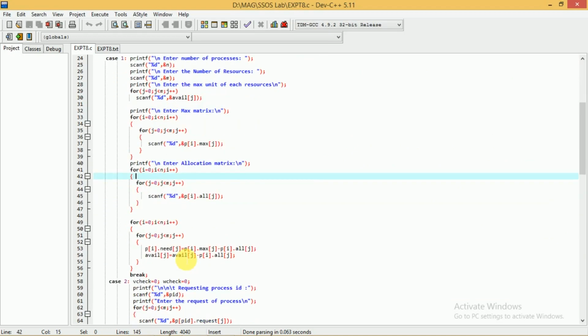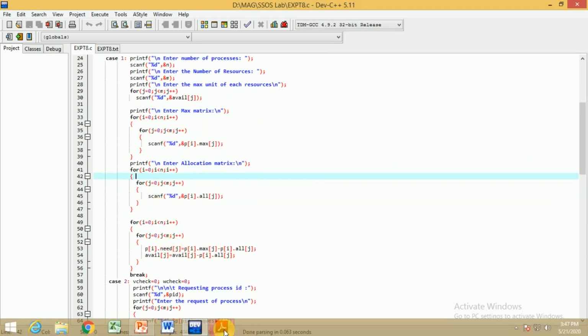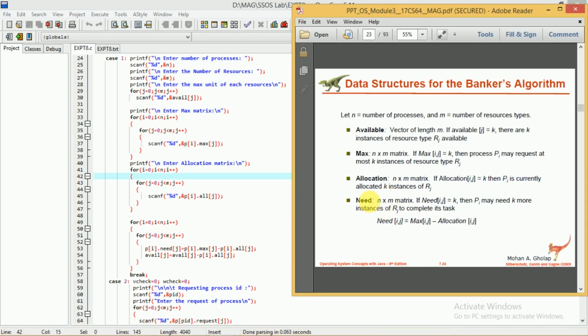After reading this we have to calculate the fourth one also, that is need. This is not something to be read, this is to be calculated by using this formula, that is need of ij equal to max of ij minus allocation of ij. The same thing we use here.